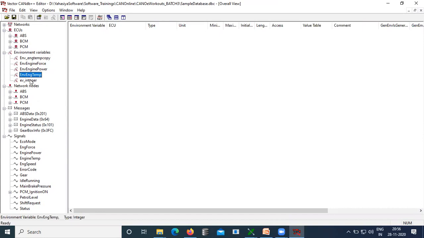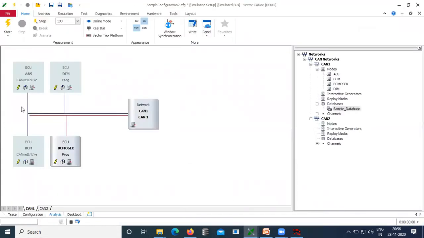First, well, the easiest way is we can associate this with some GUI and then we can feed that EV variable using that GUI. That is one way. Another way is key press. By pressing some key, we can put some value to this EV variable. I am going to use key press for this case. So in this case, I should have a CAPL for that. Let me edit this CAPL.